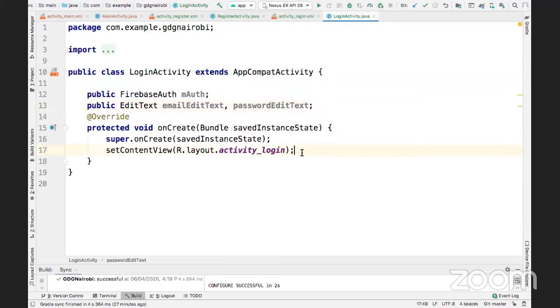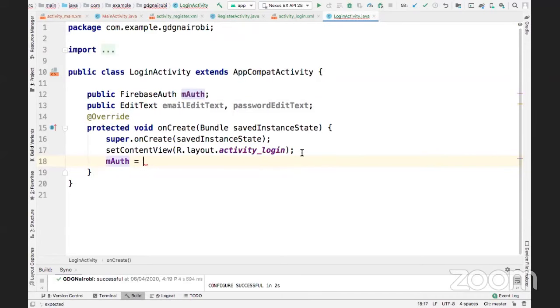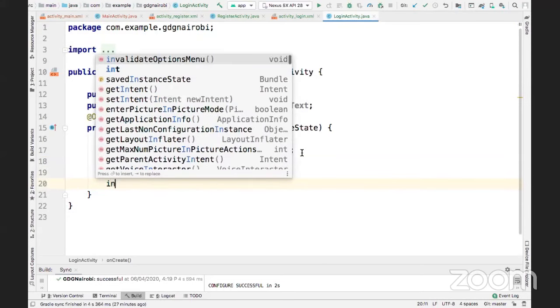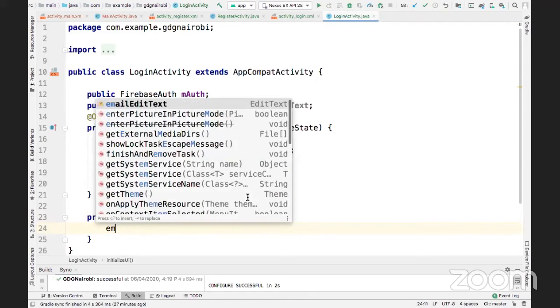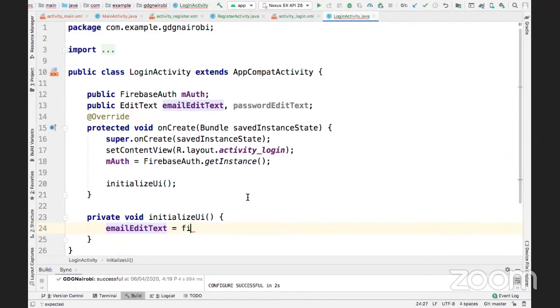And just like we did the last time, we're going to have to initialize our Firebase auth. So mAuth is equal to FirebaseAuth.getInstance. And we're going to call our Initialize UI method. So we're going to create a new Initialize UI method for this class. So just like we've been doing, Alt plus Enter and create method. So the method is created. So we're going to initialize the values for our email edit text equal to